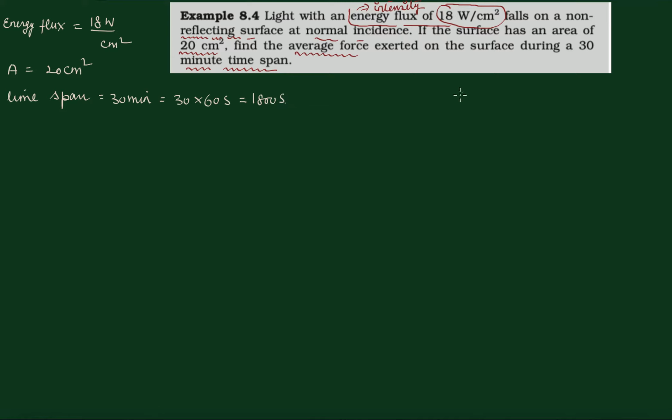Okay, सो जो एनर्जी फ्लक्स है, हमने जो निकालना है वो आपको पहले एवरेज फोर्स निकालना है ना। तो जो फोर्स का एक्सप्रेशन होगा वो होगा मोमेंटम अपॉन टाइम, और मोमेंटम होगा एनर्जी अपॉन वेलोसिटी ऑफ लाइट। तो सबसे पहले हमें एनर्जी निकालना है। एनर्जी से हमारे पास आ जाएगा मोमेंटम। मोमेंटम आ जाएगा u upon c, और मोमेंटम से आ जाएगा फोर्स, that is p upon t। तो ये हमारा जो क्वेश्चन को सॉल्व करने का तरीका रहेगा। Okay, सो एनर्जी फ्लक्स से सबसे पहले हम एनर्जी निकालते हैं।